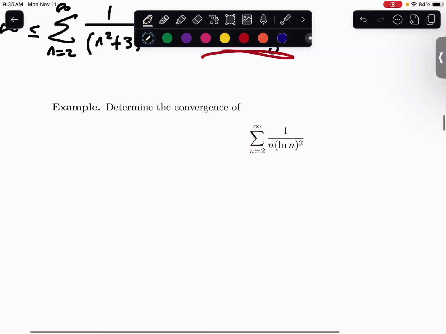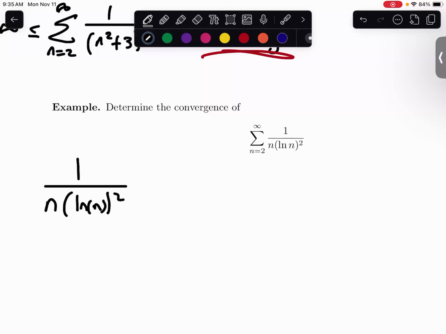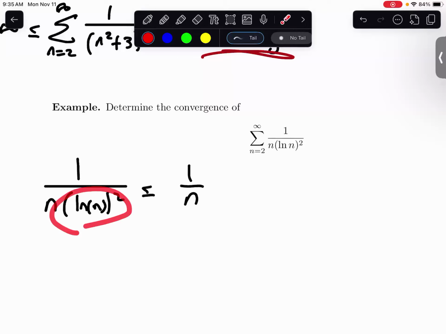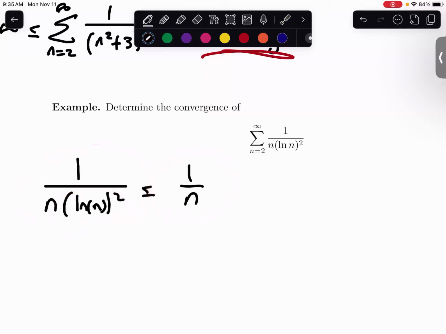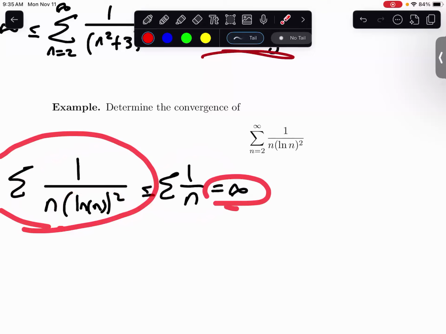And so you might be thinking we'll use the comparison test because we have the following inequality. We have 1 over n times the natural log of n squared, and this is less than or equal to 1 over n because we have this additional positive term in the denominator. But again, you should be thinking, this is true, but if you take the sum of both sides, this is just going to be equal to infinity. So the only conclusion you can reach is that this infinite sum is less than or equal to infinity,